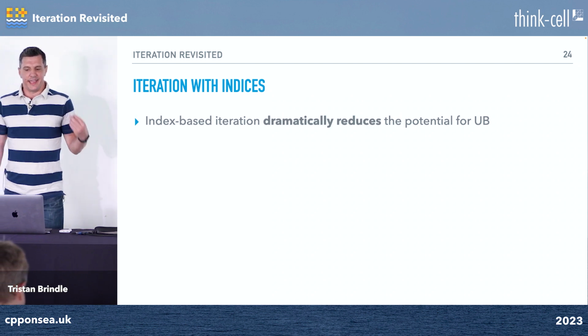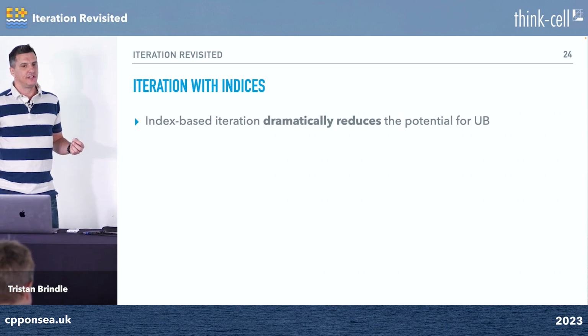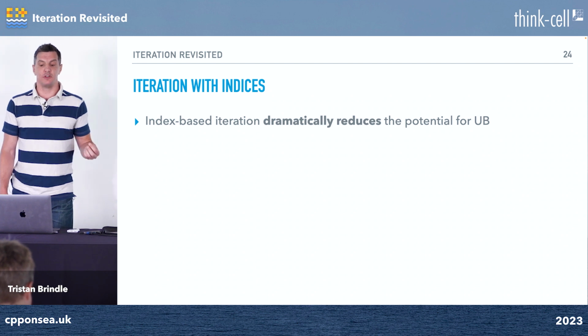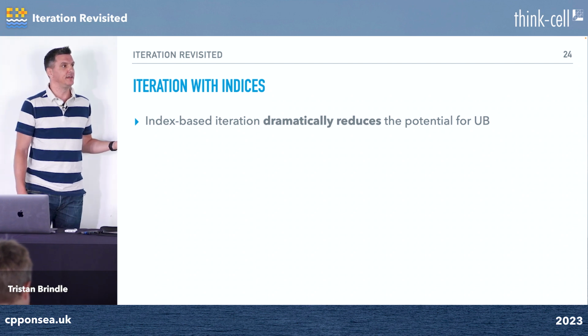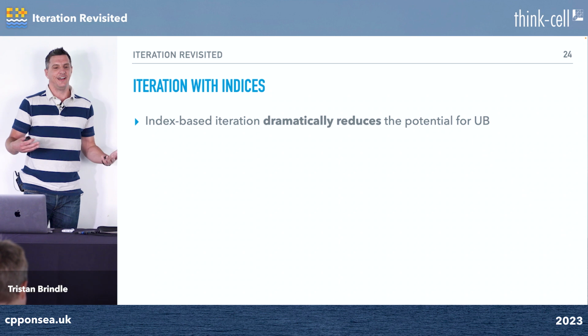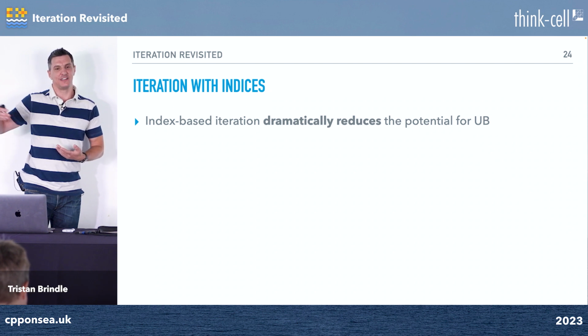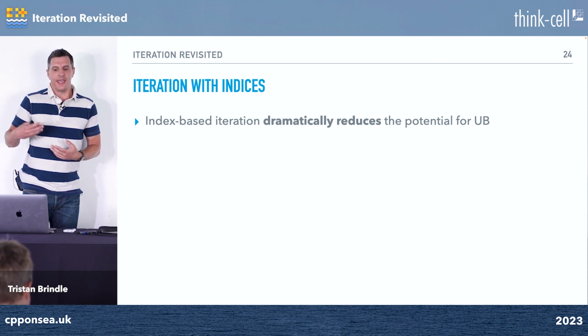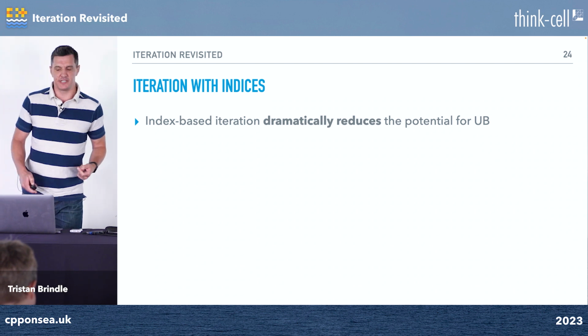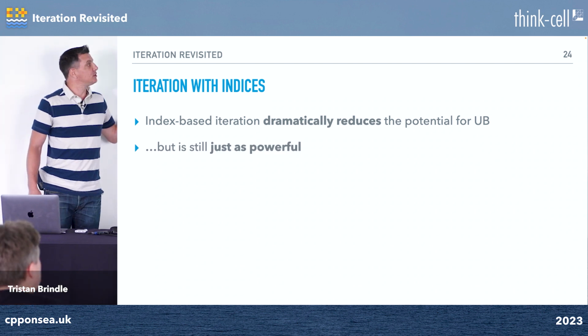So index-based iteration dramatically reduces the potential for UB. We saw that when we were using STL iterators, which are effectively modeled on raw pointers, almost any operation had the potential to be undefined behavior, in particular because we could get dangling iterators where literally anything we do with it, other than destroying it, is UB. Index-based iteration dramatically reduces the potential for UB, but it's still just as powerful,